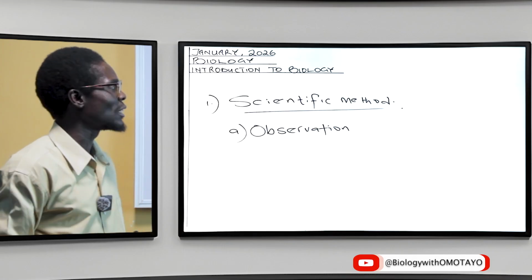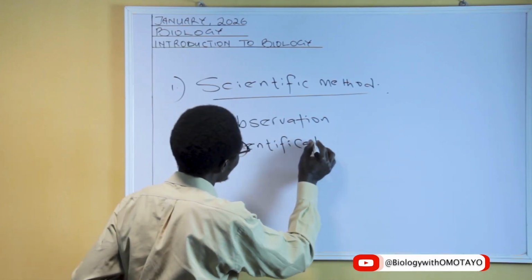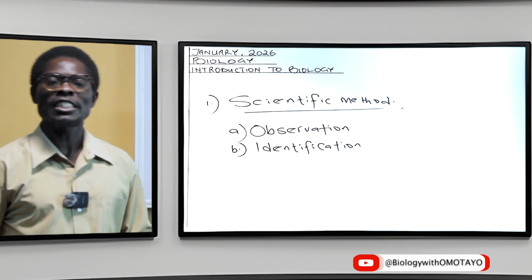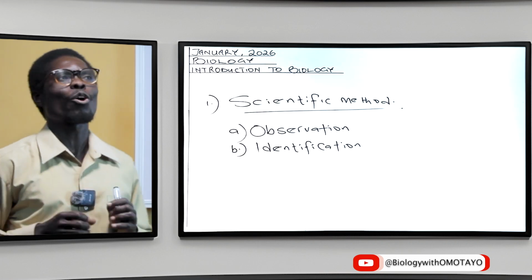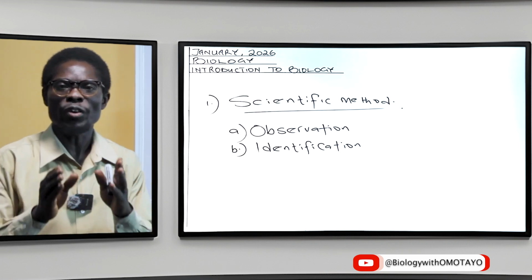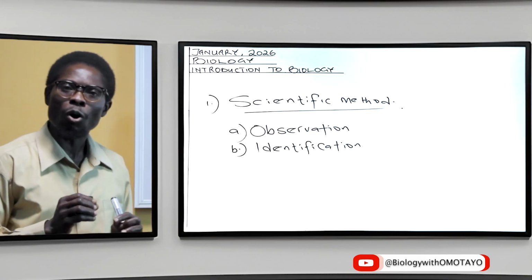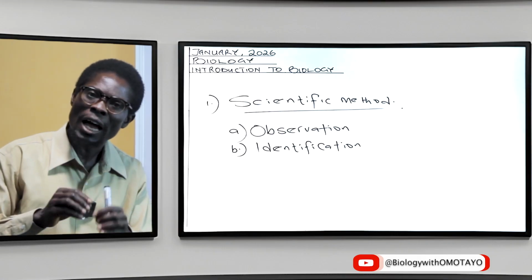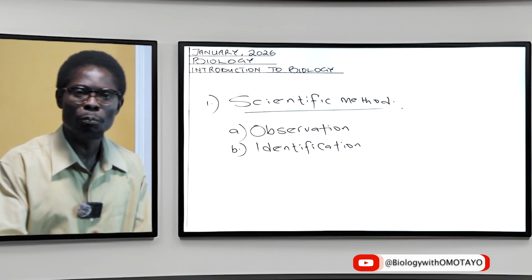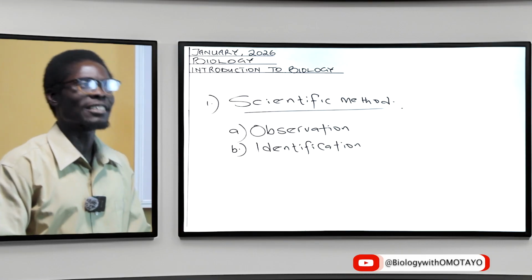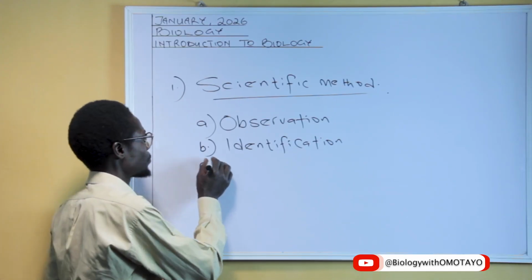Immediately after observation, the next is identification. Identification simply means the act of determining the correct placement of a particular deduction. So it does involve classifying, grouping, making inferences, and so on. After identification comes